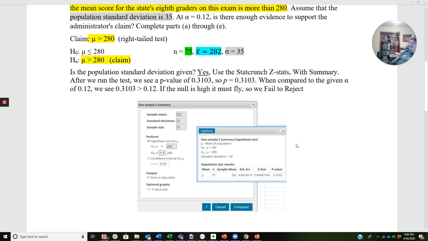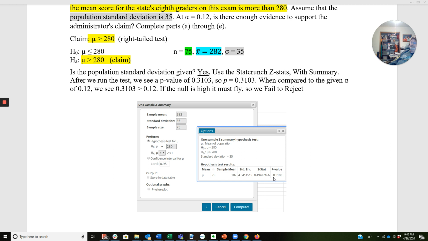So we're actually going to run the test, and I'm getting ready to do that for you here. But if you'll notice, what did I punch in? 282 for the sample mean, standard deviation 35, sample size of 75, the hypothesis test for mu equals 280. The alternative hypothesis is right-tailed or greater than 280. And notice I have a test statistic right here, a z-stat of 0.49 rounded to 2 places and a p-value